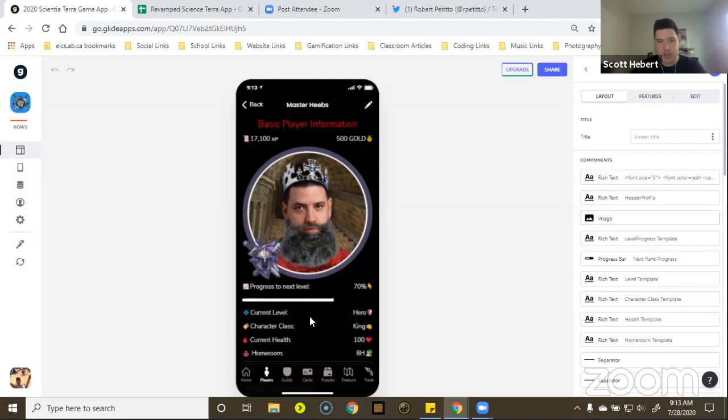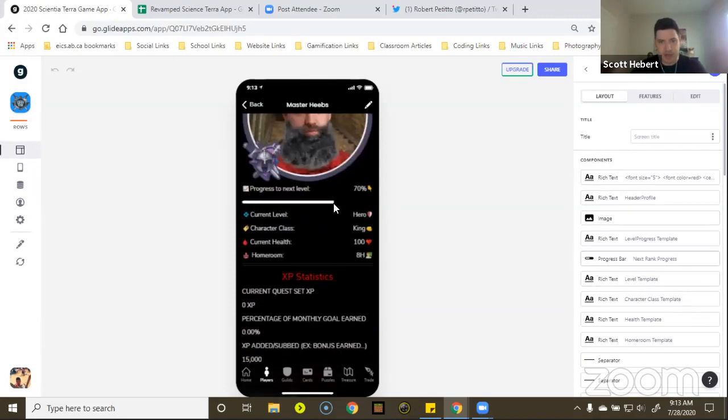So your rank, and then to give the kids a visual, this is a progress bar that tracks to your next level. So for me, obviously, I've maxed out my XP here. So I don't really need to do that. But for kids, it'll be a live updating system where you can actually track your level, and it will automatically update when you hit different threshold points. And then that's the bar that tracks. It'll say, you know, progress to next level, 70%. And you'll see, I wish I could make this a different color, but anyway, the end of it is right about there. It's tricky to see, but yeah, the bar continues to fill up as you continue to earn XP.